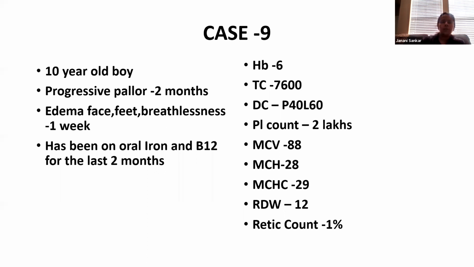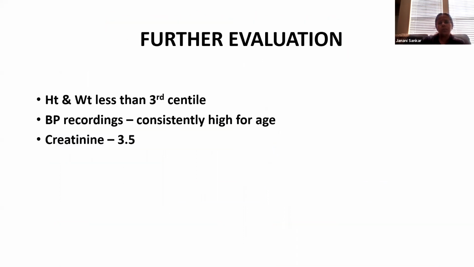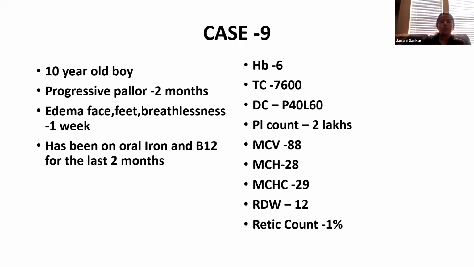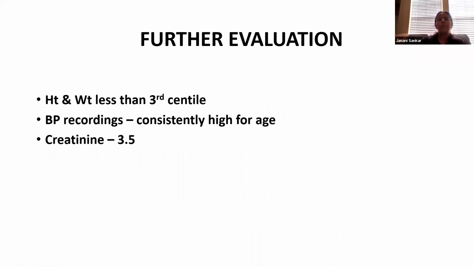So this child, the blood pressure gave us the clue, and we thought of the pallor, high blood pressure, edema. We thought it was APSGN and ordered a creatinine that was 3.5. But this child's symptoms were going on for a longer time, and there was no cola colored urine. And this is quite a longer duration. APSGN doesn't present like this. It's usually very acute, like your autoimmune hemolytic anemia. Maybe the duration can be about a week, but not 2 months. So that made us think of CRF, and we did an ultrasound and found bilateral contracted kidneys, and we referred them to the nephrologist.